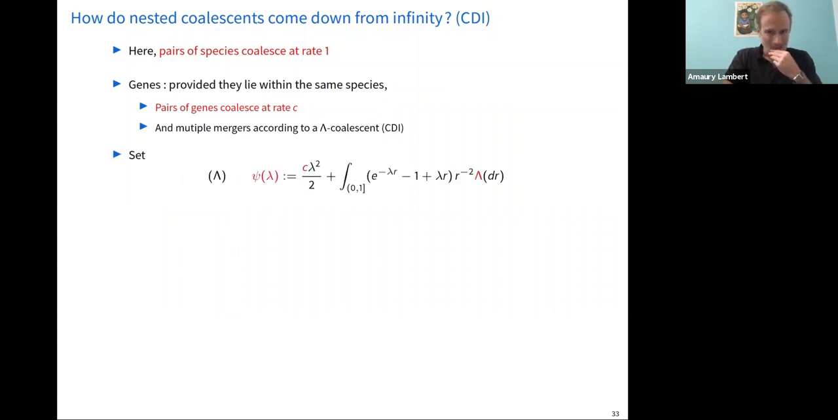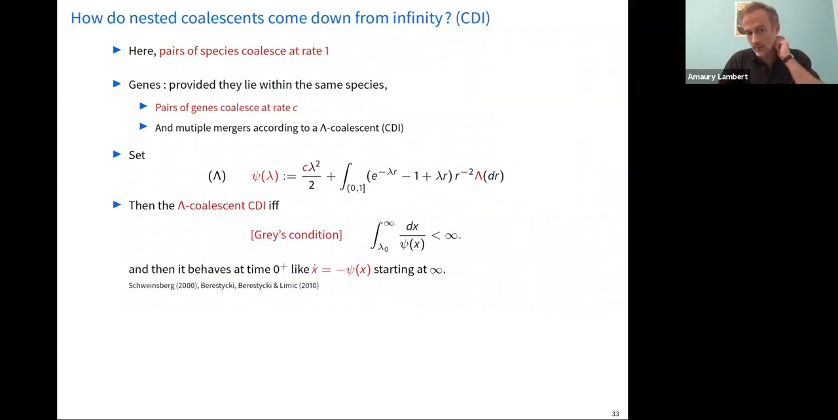coalescent. And so there's a famous result due to the Berestycki brothers and Vlada Limic, saying under which condition the lambda coalescents do come down from infinity, like the Kingman coalescent. So you need this function psi, which is reminiscent, of course, of Levy processes, where you have this C for the Kingman part of the coalescent, and this measure lambda for the lambda coalescent part. And then the result says that the lambda coalescent comes down from infinity, CDI, if 1 over psi is integrable